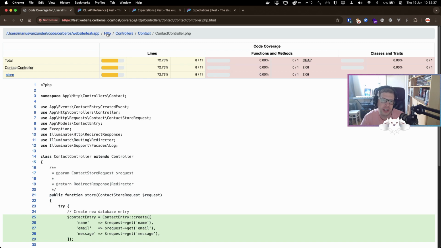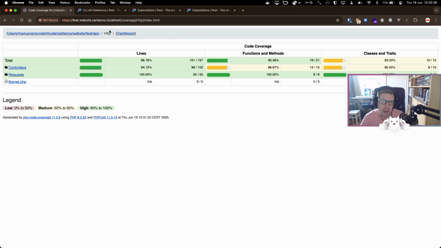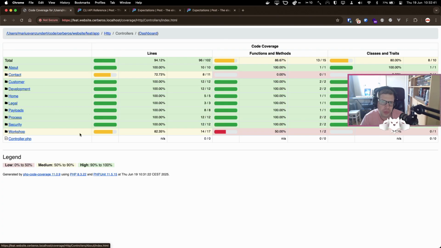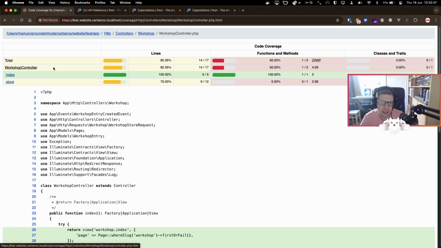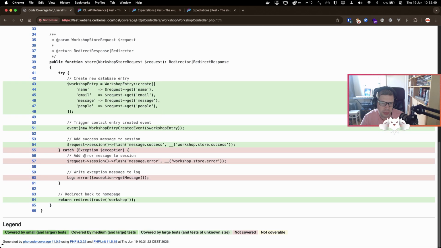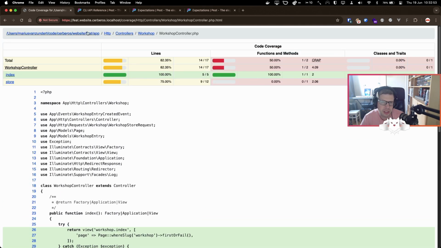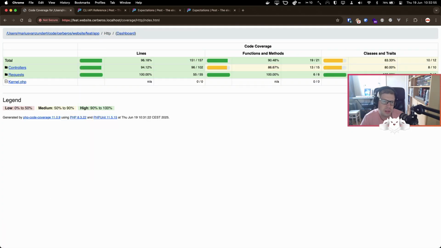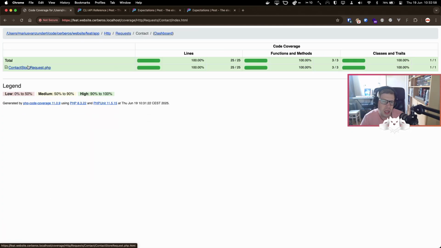This is the same thing with the other, the contact in the workshop. They both have the same issue. Because this one also has the issue where, like this exception, I don't feel like we can ever trigger this, but I might be missing something. And if we're never able to trigger it,